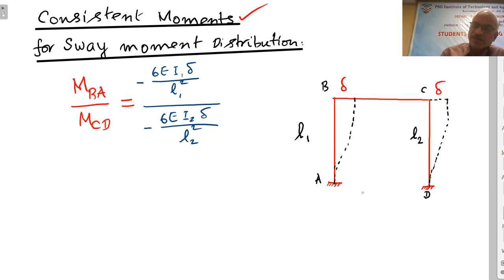So depending upon the end condition of the far ends, and depending upon the length. Now here the moment of inertia is I for all members. Therefore I1 equal to I2 equal to I. L1 equal to L2 equal to 4 meters. Therefore MBA by MCD